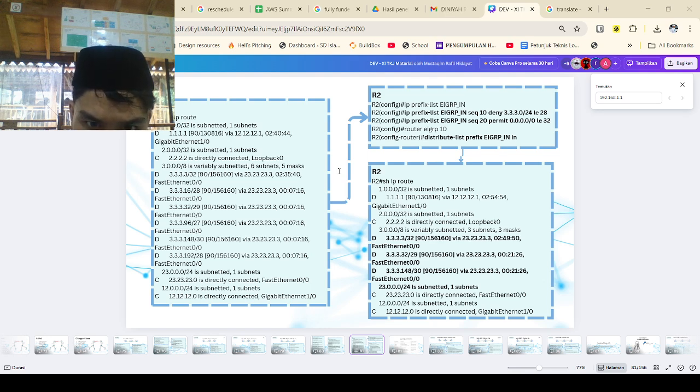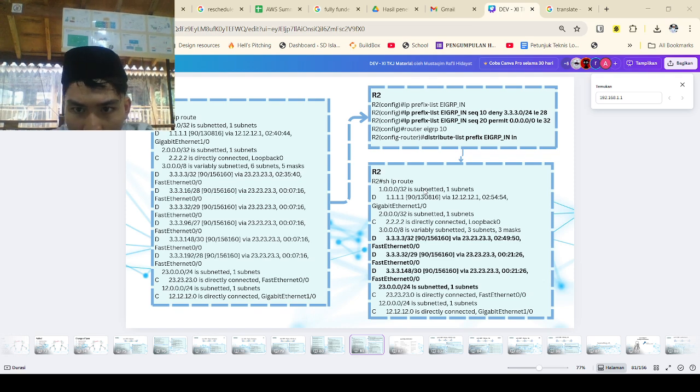The second line permits everything else, a catch-all to avoid blocking the world. Result: /29, /30, /31, and /32, more specific than /28, are allowed, while /24 through /28 are denied.